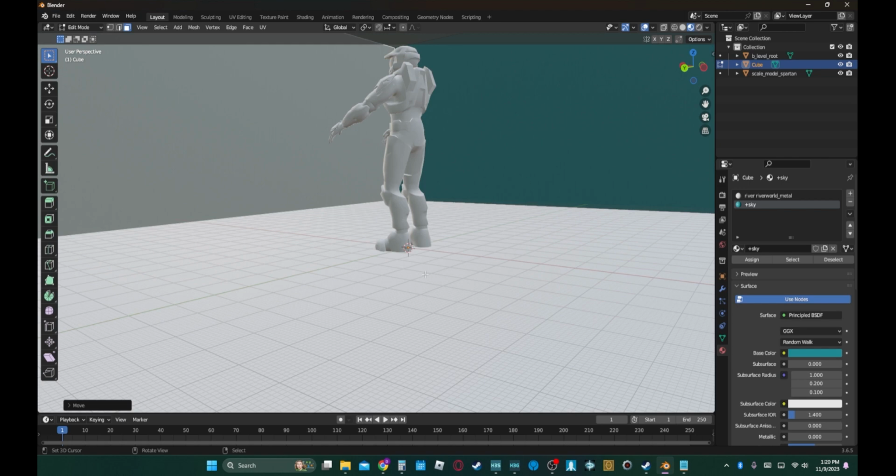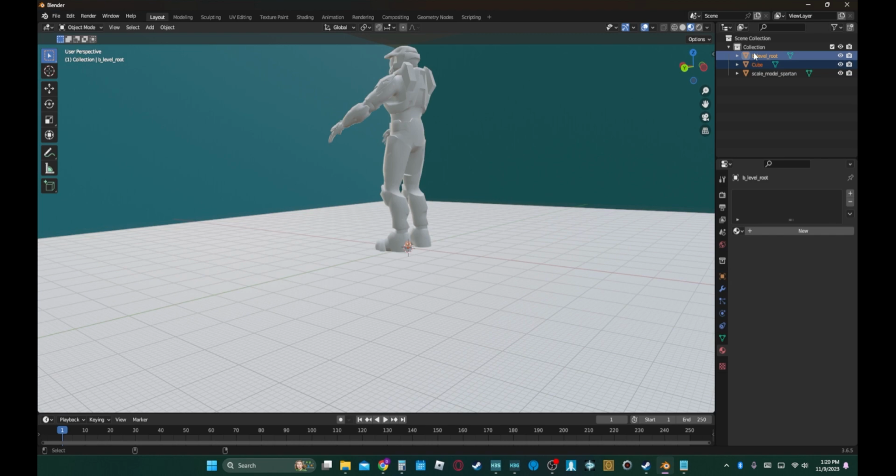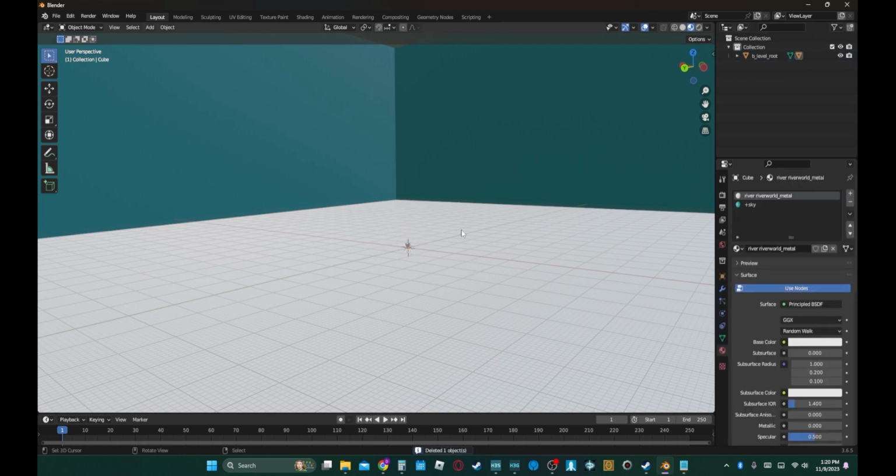After we got our skybox set up along with our ground, all we are going to do is take the cube. We're going to control click the B level root. We're going to parent to the object. We can delete the scale, and then now that we have this parented to that, anything in here we can